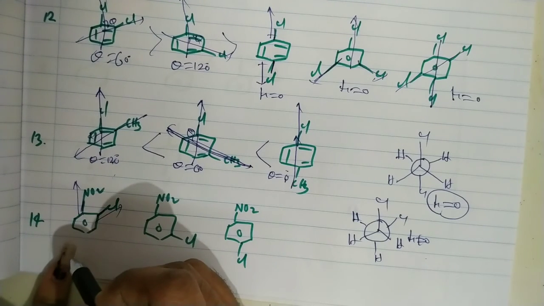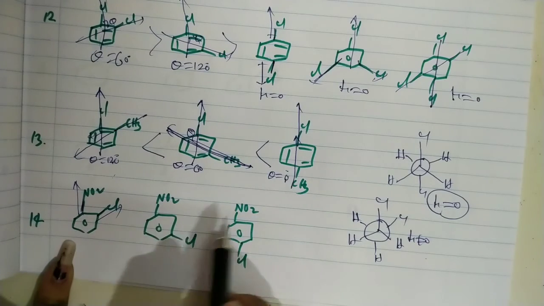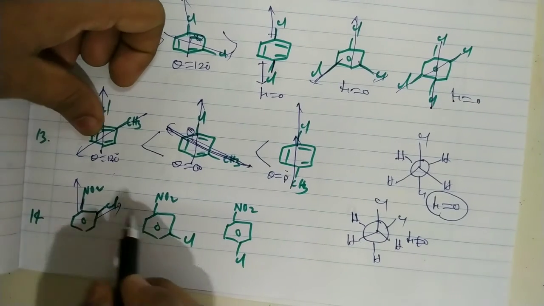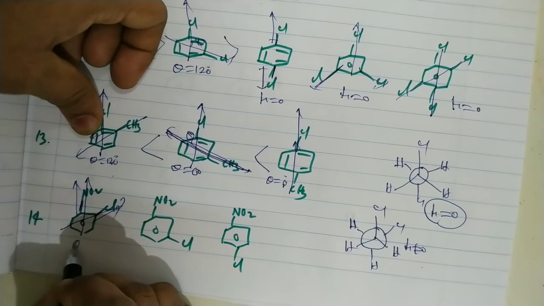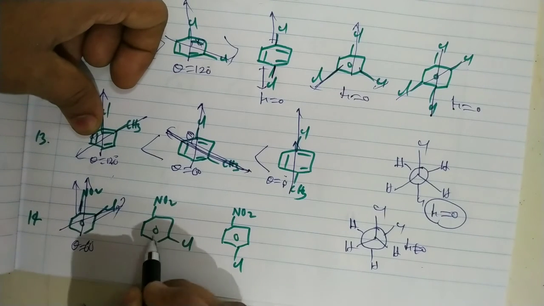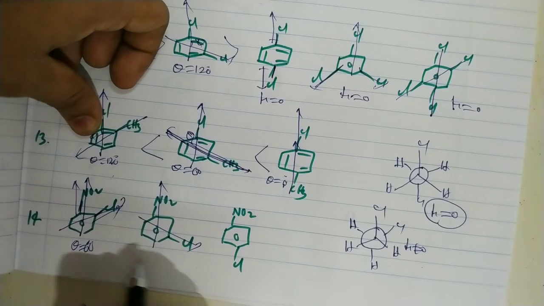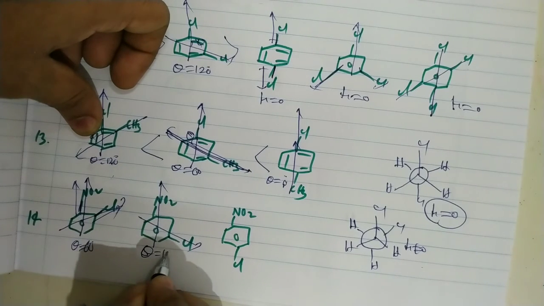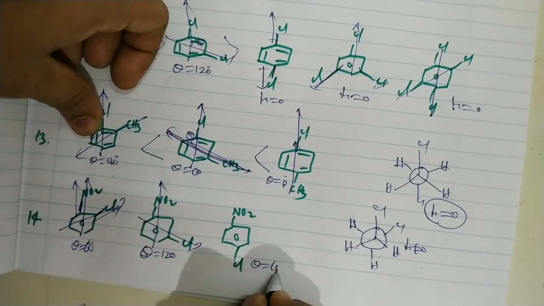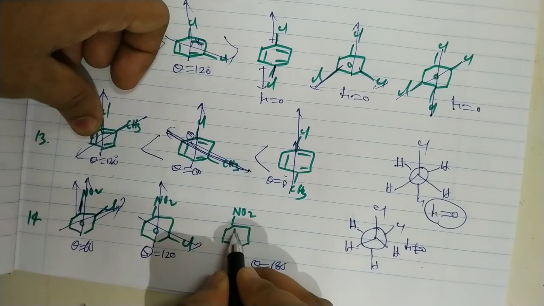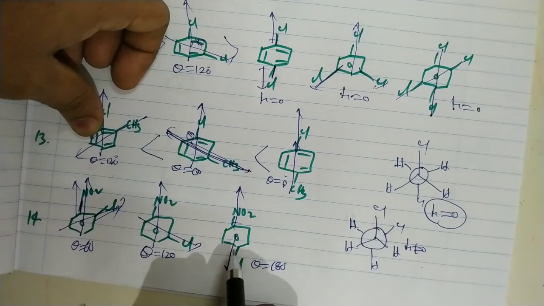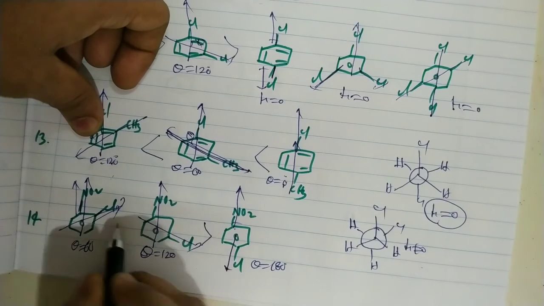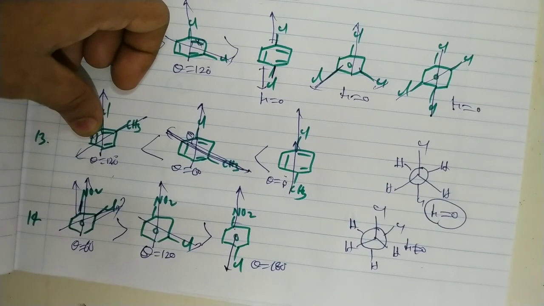Next, in this case, we can see that NO2 is of course a withdrawing group, and chlorine is also withdrawing, so the same nature. But here the dipoles are towards the NO2 group and towards chlorine, so theta is 60 degrees. Here, towards NO2 and towards chlorine, theta is 120 degrees, and here theta is 180 degrees. But in this case the dipole moment is very small, because some extent of the dipole moment cancels, being opposite in direction. So again the dipole moment value decreases, but this one also has some specific dipole moment.